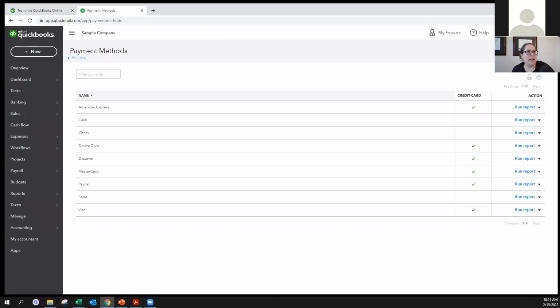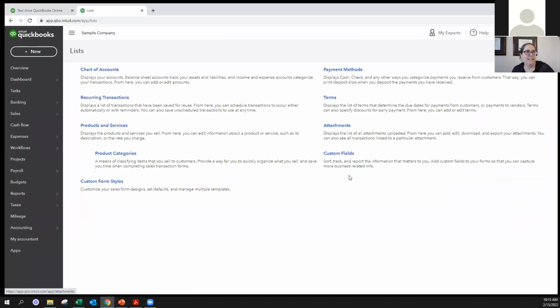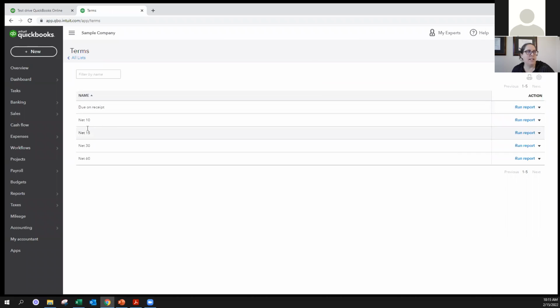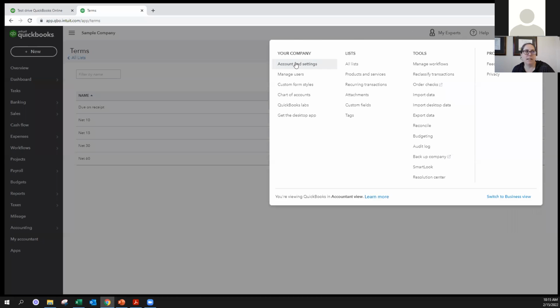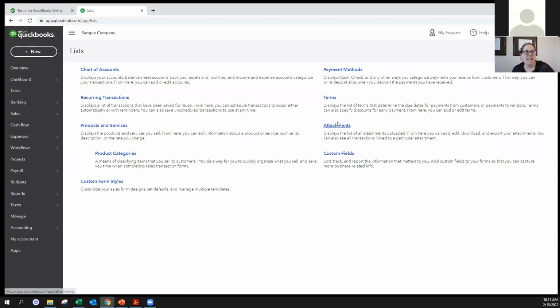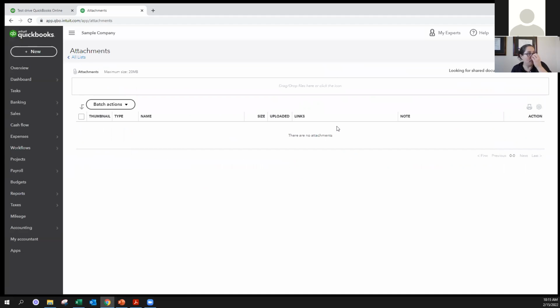So I'm going to go back under all lists again. The terms are here. Remember when we were looking at due on receipt and I was making that net 20, this is where your terms would be. You can get to it from the accountant settings there, or it's on the all list tab. Attachments, so we'll talk about this again, but I love this feature